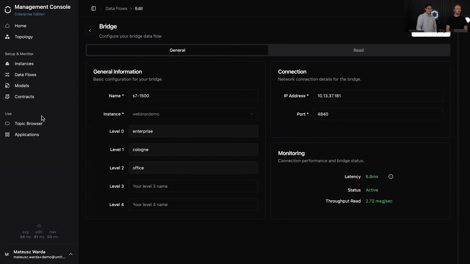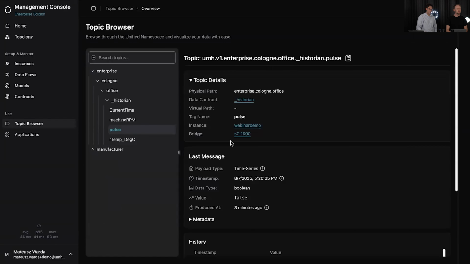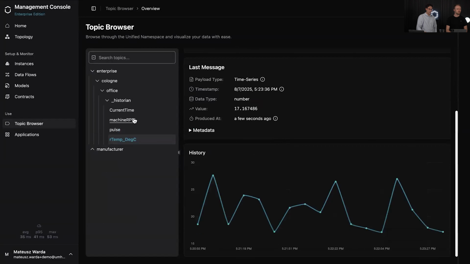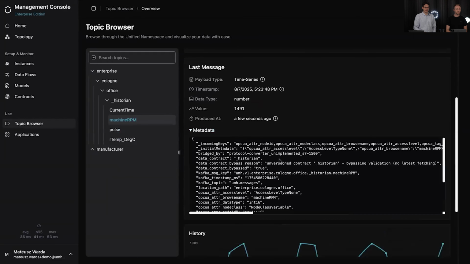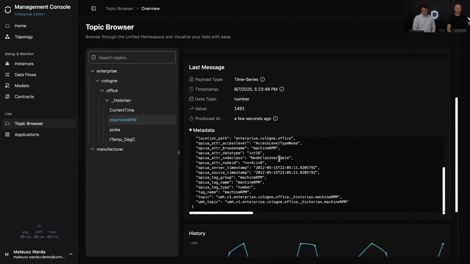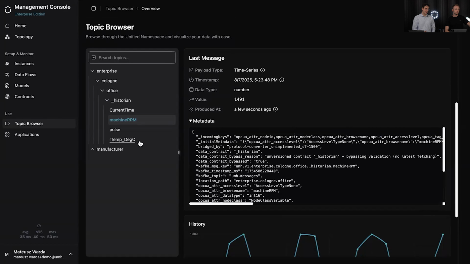Exactly. So as usual, we have our topic browser over here. This is what I integrated over here. I have a string that's coming in, I have temperature, and a machine RPM as before. Including over here, you see tons of metadata that we included this time in the topic browser itself. So this is where you can use specific node classes, node IDs, anything else to build up your logic, how to process data, how to structure it, and so on. Which is actually also quite powerful.